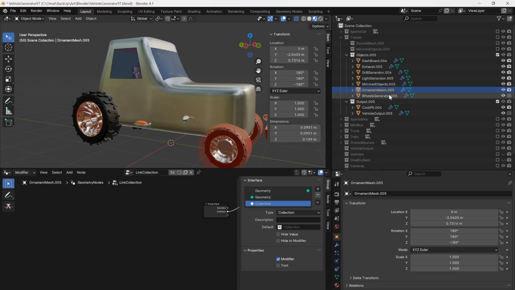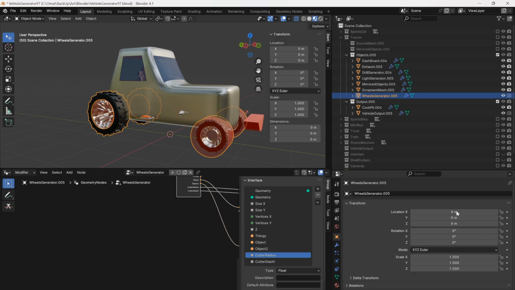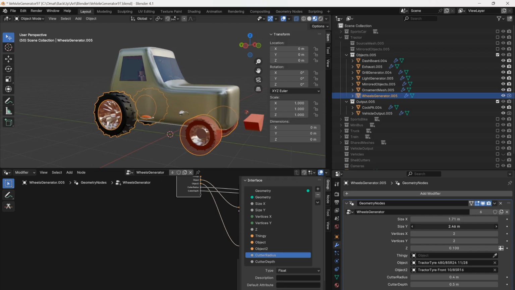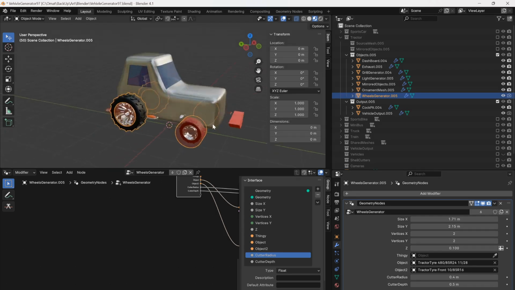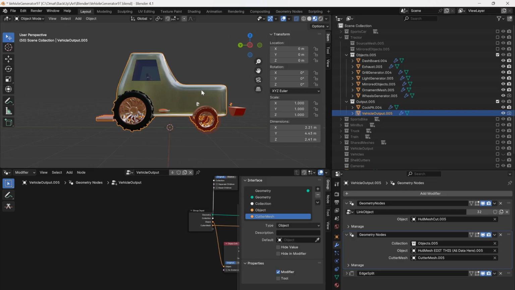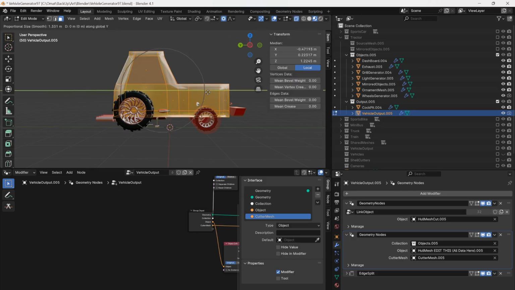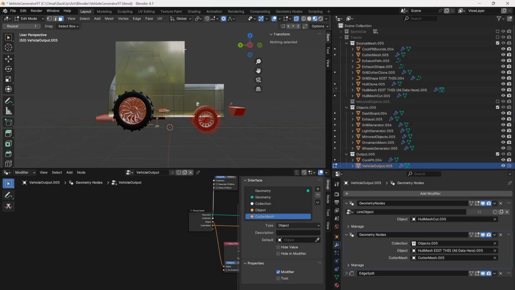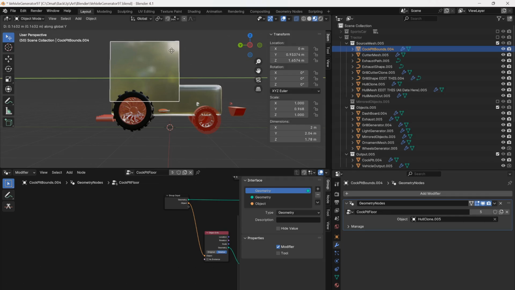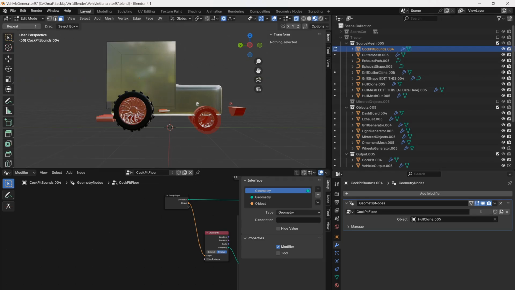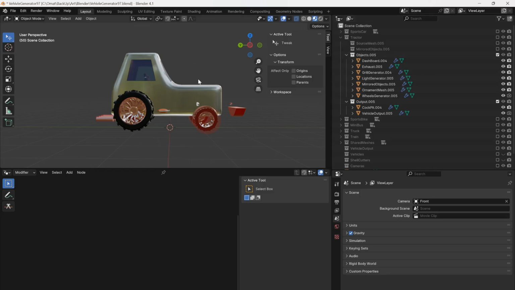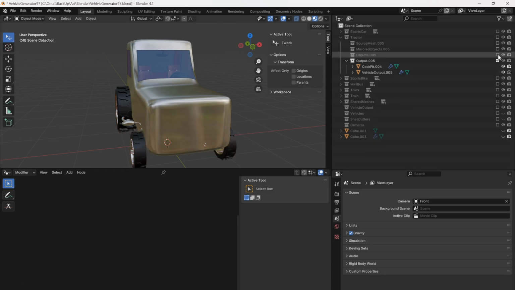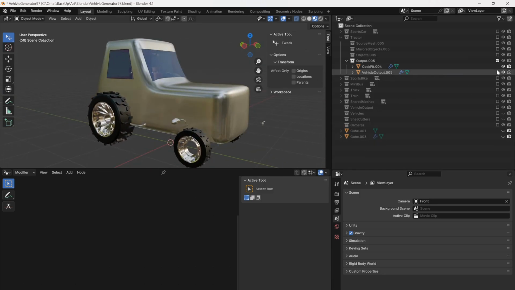vehicle and the wheels generator. Get these wheels a little closer. That's why. And just move this whole thing backwards. I need to do the same thing to this guy. Get this